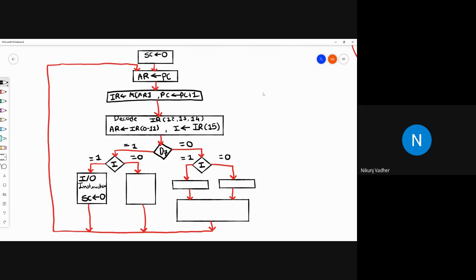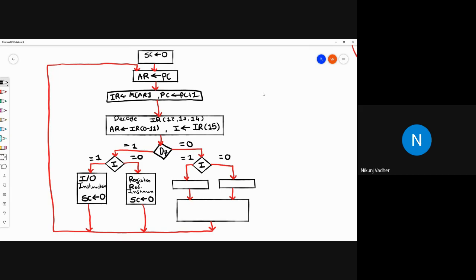If D7 equals 1 and I equals 0, then it is a register reference instruction, and we will set sequence counter to 0 after executing the instruction.